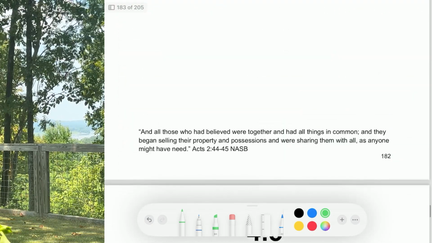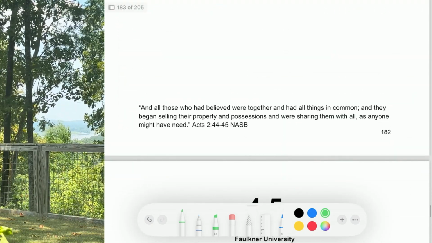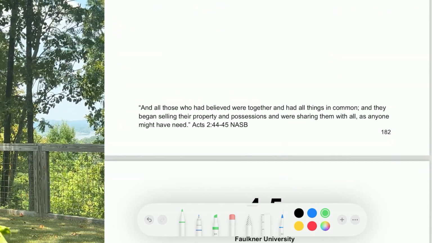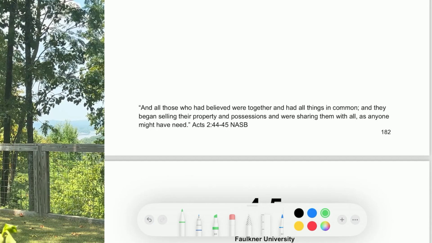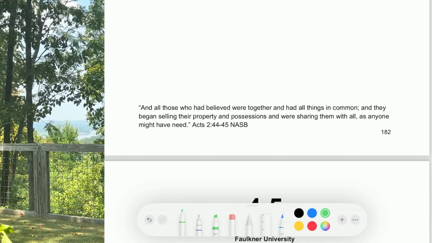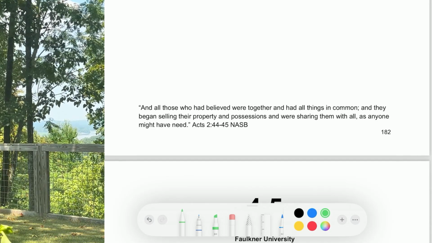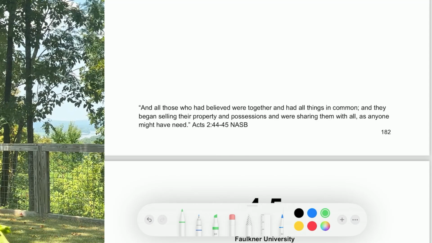All right, let's read our Bible verse. And all those who had believed were together and had all things in common. And they began selling their property and possessions and were sharing them with all, as anyone might have need. Acts